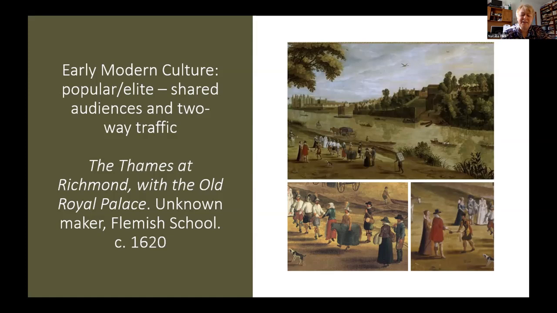The woman is there, and definitely they belong to the middling sort, the so-called middle class of the time. You can see it from the bags and the basket that the woman is carrying. And although the man has a sword at his side, he's not as fashionably dressed as other couples. So most probably they belong to the middling class, as opposed to the other picture,